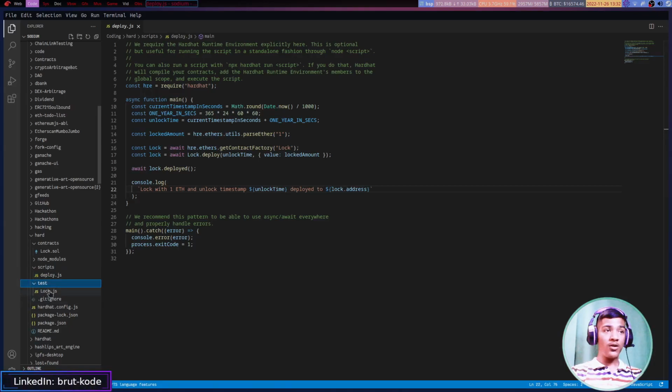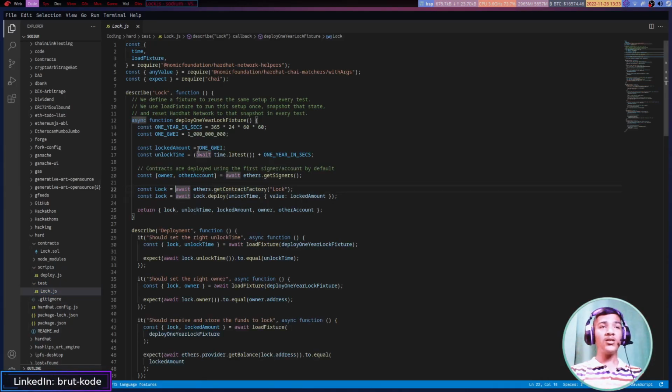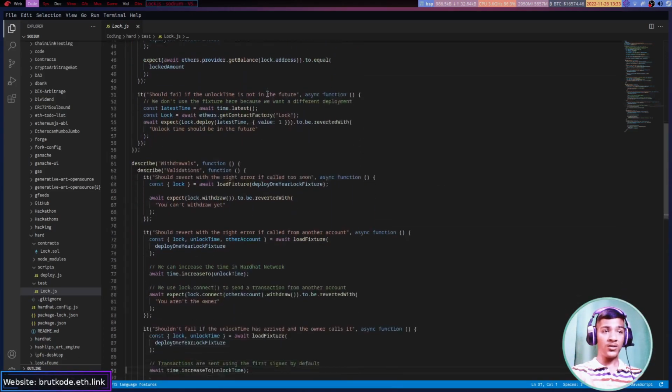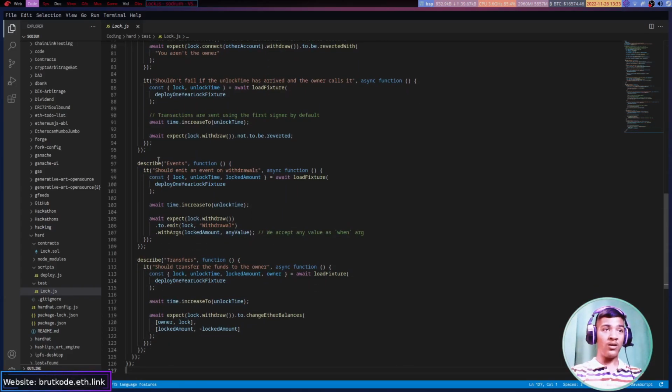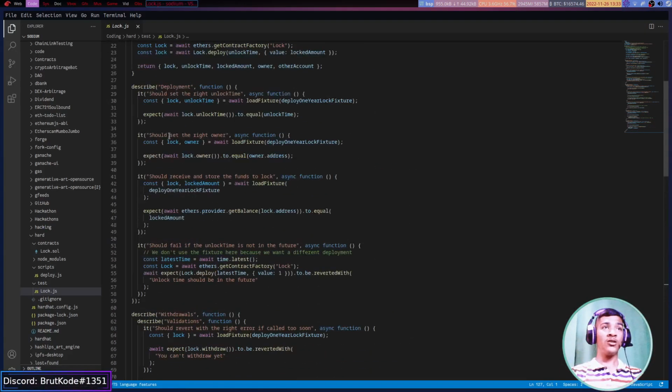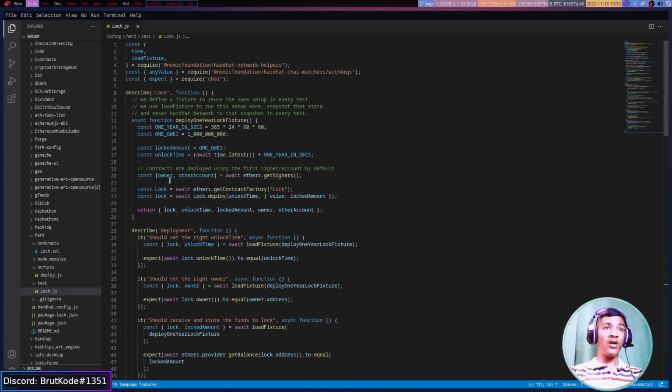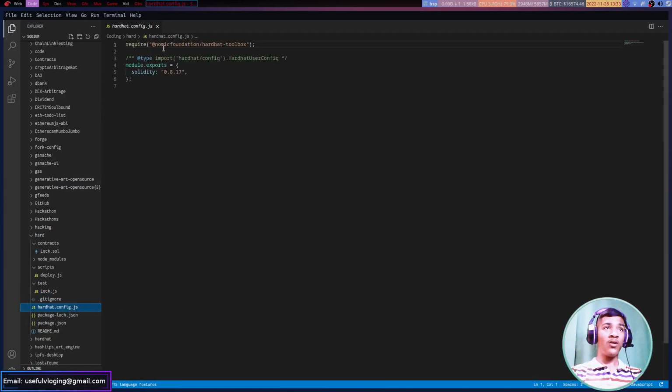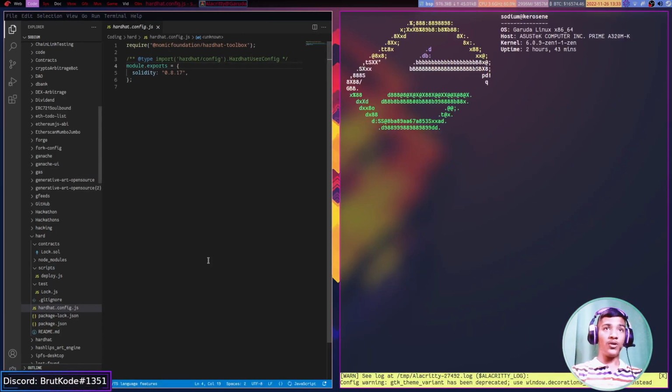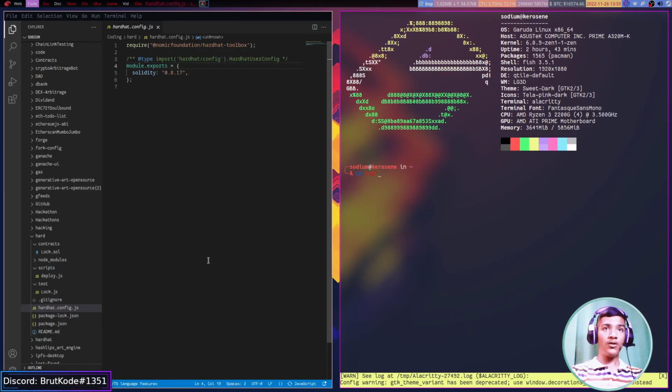And then we have the test folder where we have the test written. This is actually the main magic of Hardhat. You can write tests over here, you can import over here, and you see there's a sample test written for us, and it's pretty long. You can see each and every type of test written over here. Each and every type in which a test can be written is written over here. You see the hardhat.config.js where you have the Solidity version, and you can also specify the networks over here. Then that's all. So if I open up another terminal, and go into the coding folder,